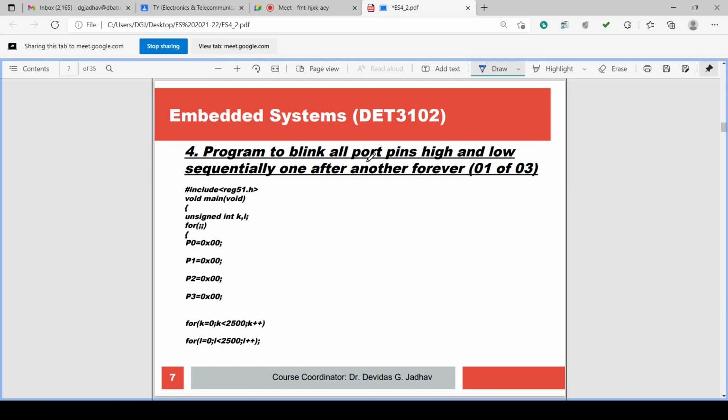Then the program to blink port pins high and low sequentially, ports are blinked one after the other. First the port P0 is blinked, then along with P0, P1 is blinked, then along with P0 and P1, P2 is blinked, then along with P0, P1 and P2, P3 is blinked. Each time some delay is introduced. So P0, P1, P2, P3 are first